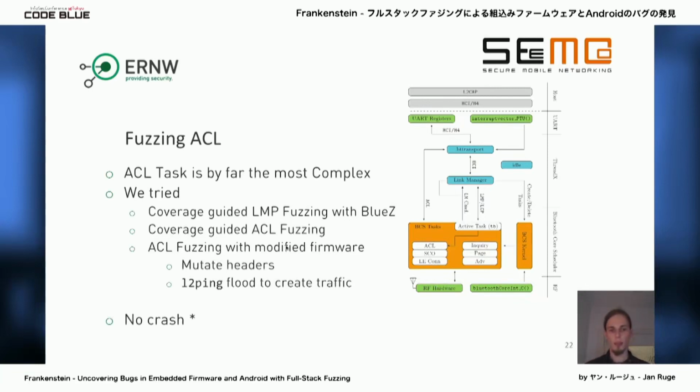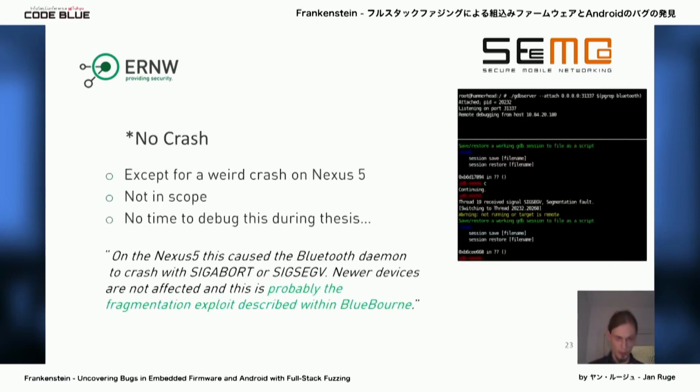And just to be on the safe side, we also developed a patch that lives in the Bluetooth core interrupt that will mutate packet data essentially before they are sent out. So we can just run an L2 ping flood to the target, and the controller will then send corrupted packets to the target, however with the correct checksum. But well, anyway, we didn't observe any crash, except one weird thing during the time we were working on the Nexus 5,